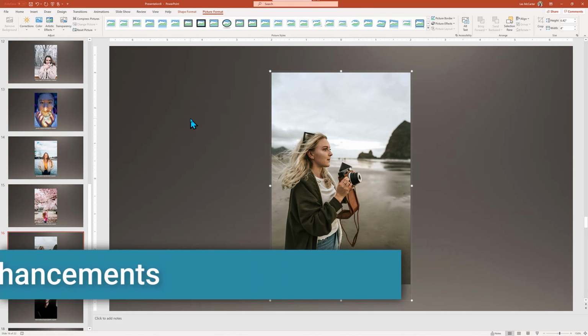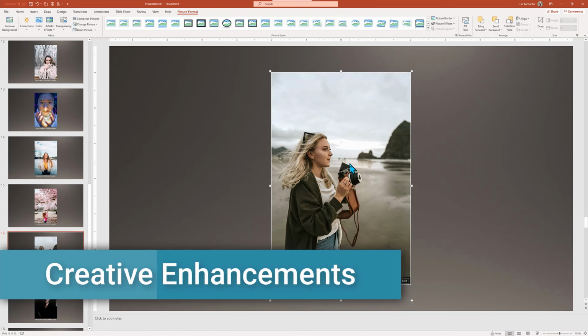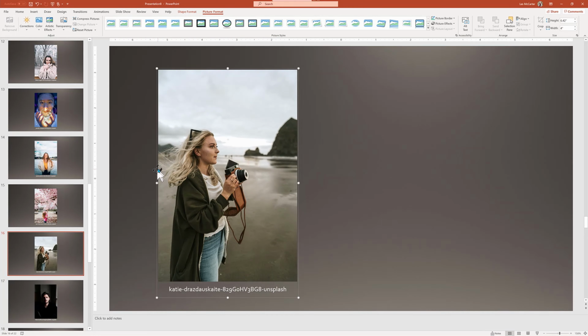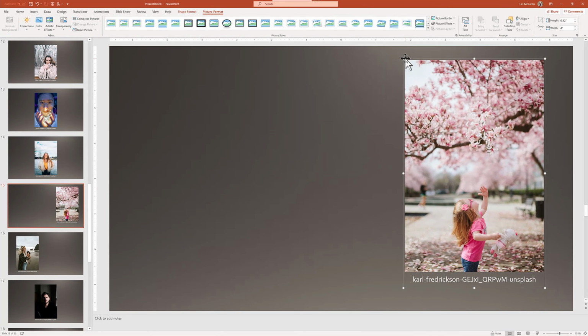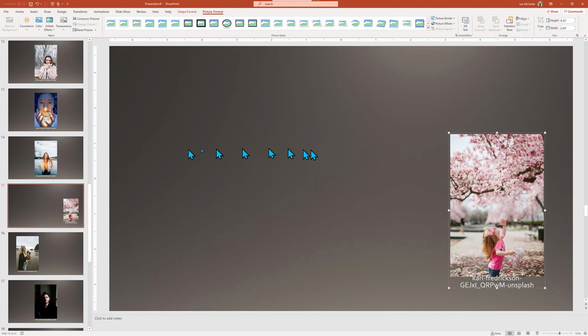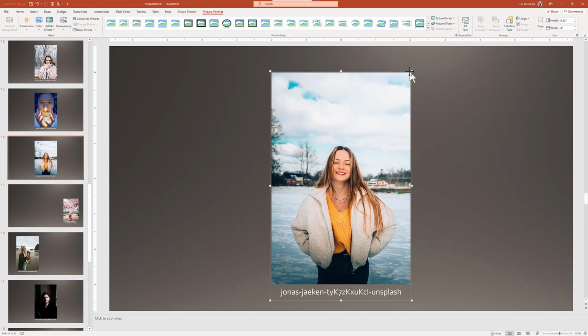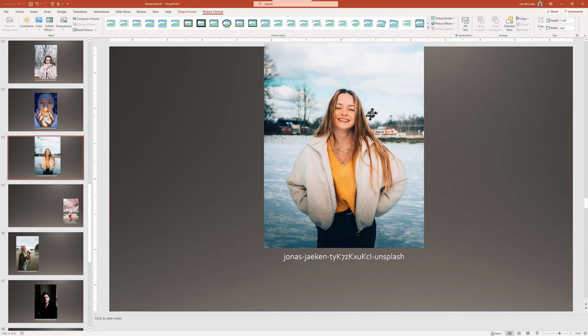By default, PowerPoint Photo Album positions the images around the center of the slide. So, if you want to add some personal variety, you can go in slide by slide and move photos around and creatively resize each image to give your presentation a special look.